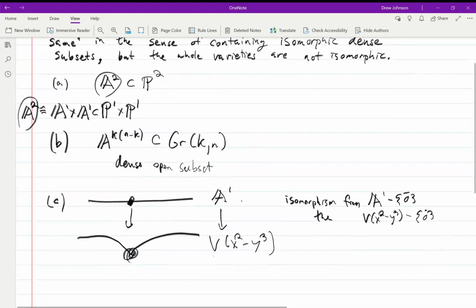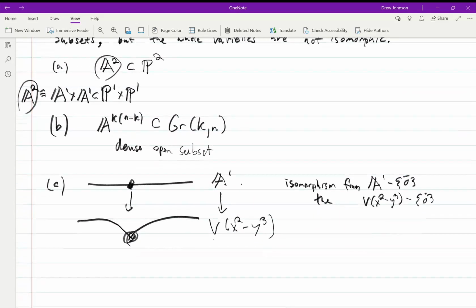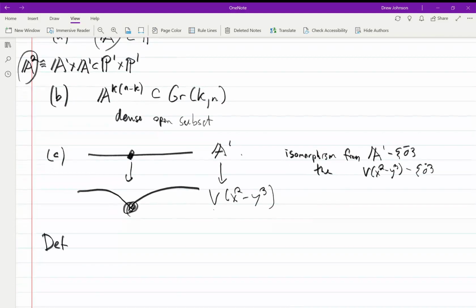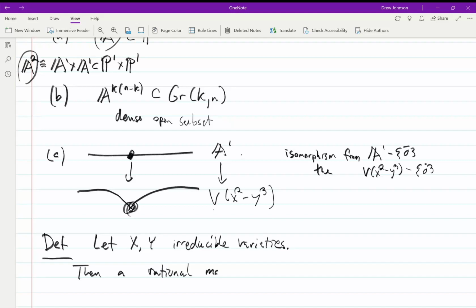We're going to study this sort of phenomenon and talk about what things are the same about varieties like this and what things are different. That'll be one of the themes of this chapter. Here's our first definition. Let X and Y be irreducible varieties. Then a rational map f from X to Y